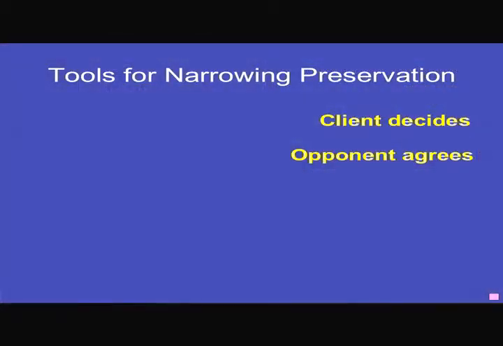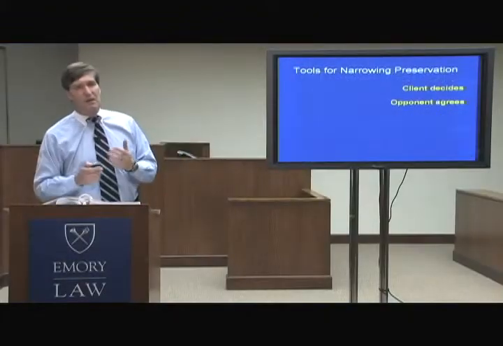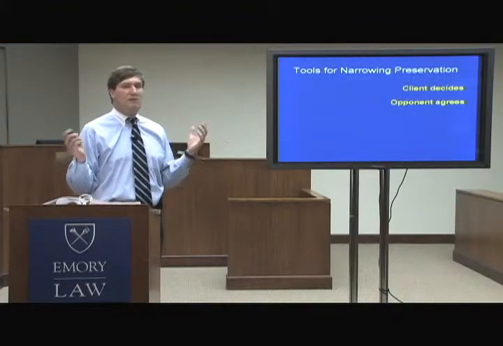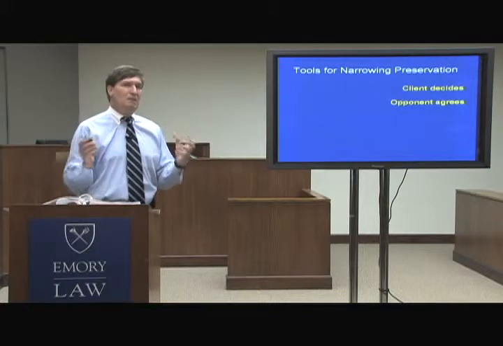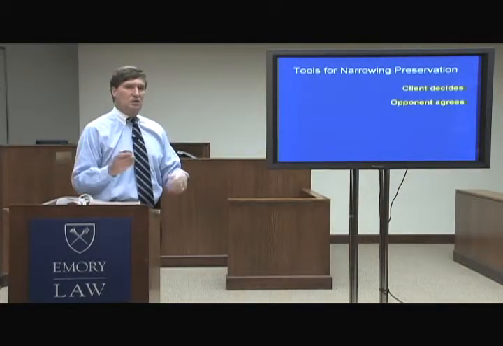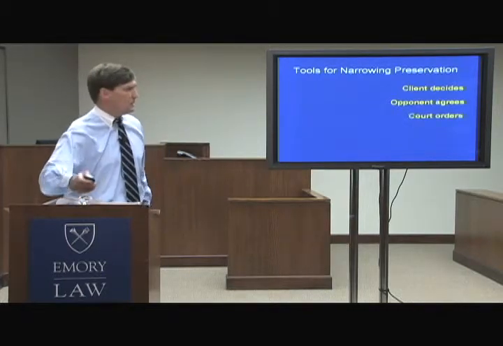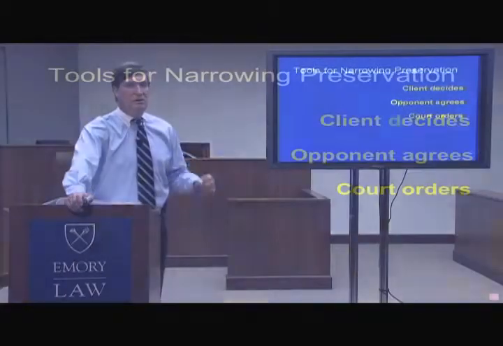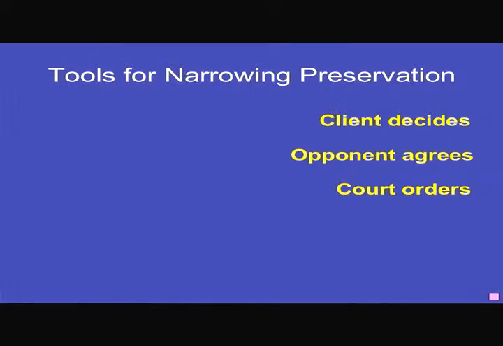The opponent could, though, and this is where we would suggest that you get up with the opponent very quickly and get the opponent to agree to narrow. And when the opponent is facing a similar e-discovery search on their side, it may be that you can quite quickly negotiate on preservation issues and come off the mass holds. Obviously, if there is difficulty in either of these cases, you can go very quickly to the court and enlist the court's help in narrowing the preservation issues.